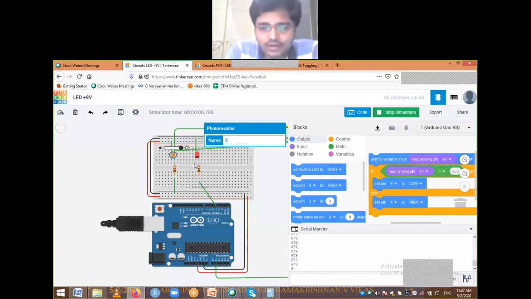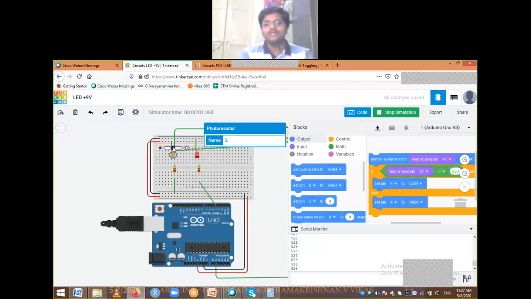Let me choose a point in between. This is some 526, right? So I'll consider that if the serial monitor value is greater than 500, environmental light is available. If it is below that, environmental light is not available.